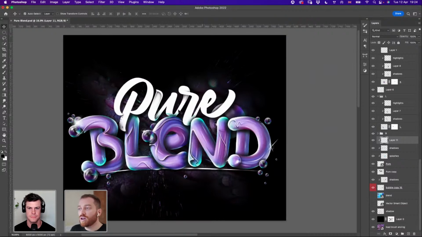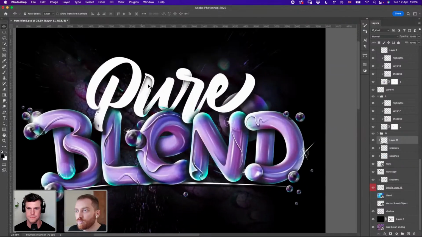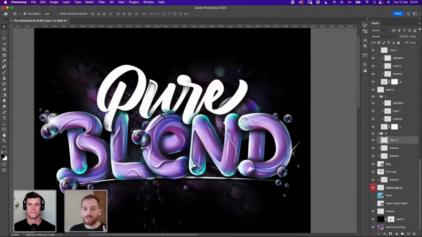And finally we added some adjustment layers, of course, which are very important, not only in lettering and design, but also in photography, if anybody does photography. They give more depth and contrast, and make things look more realistic and more alive. And in the end we added some more shadows here on the word pure, which I will continue adding on the rest of the word, with a pen tool. You can do a lot of things with a pen tool.